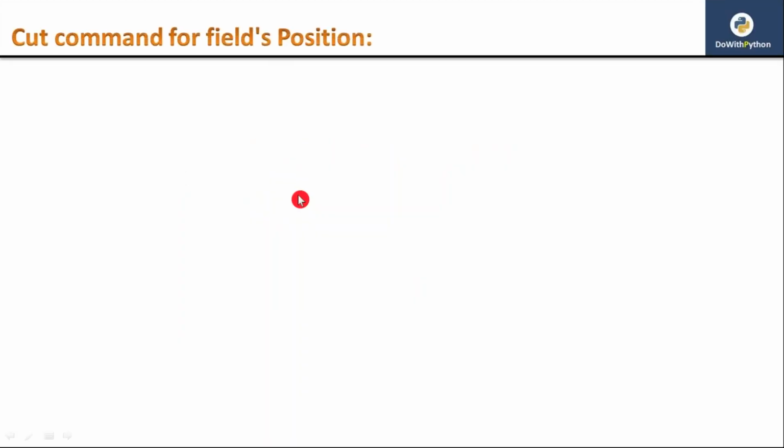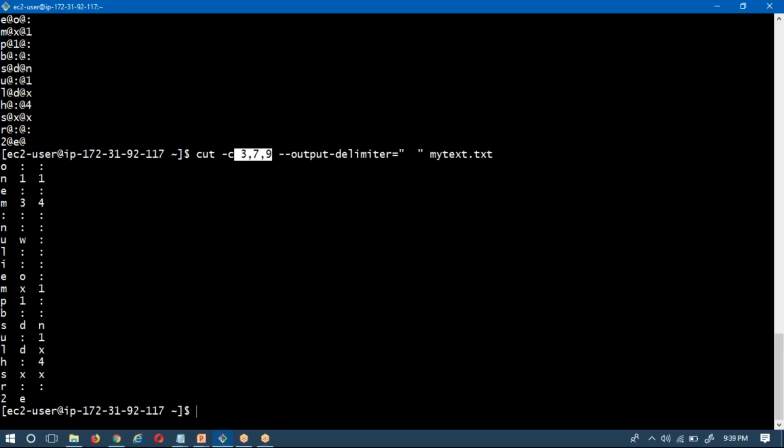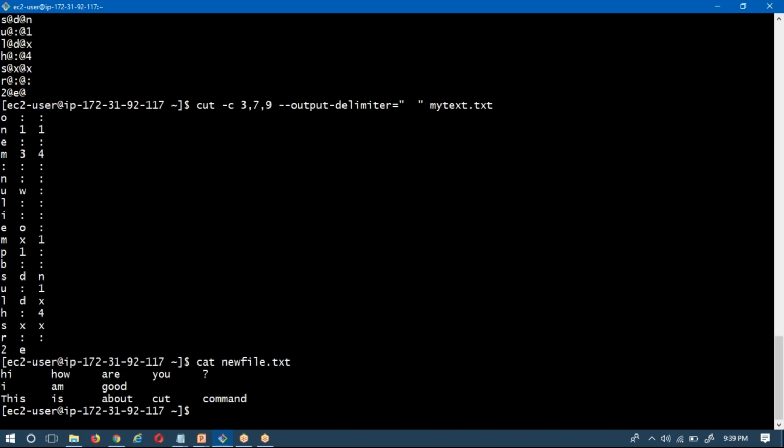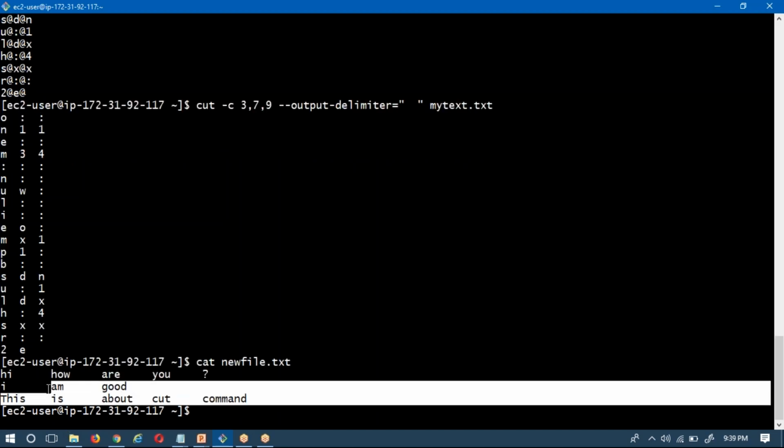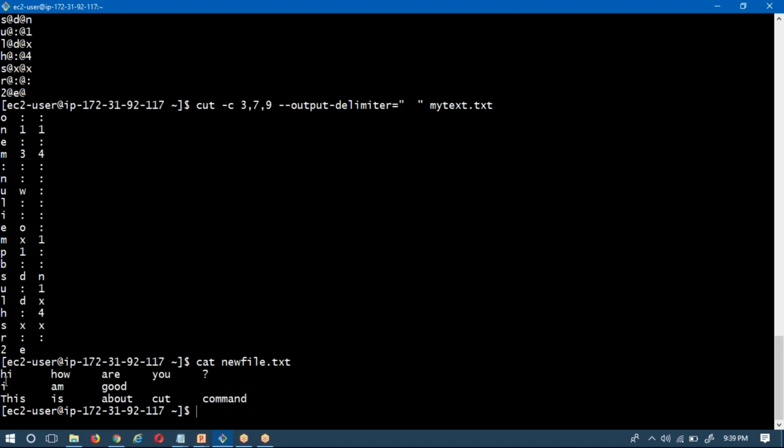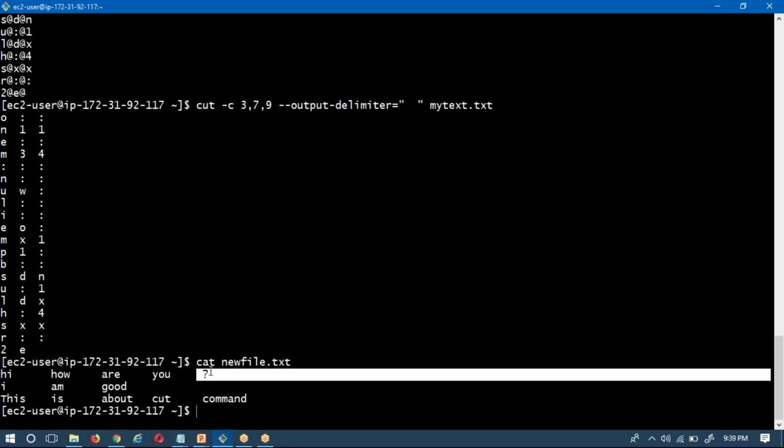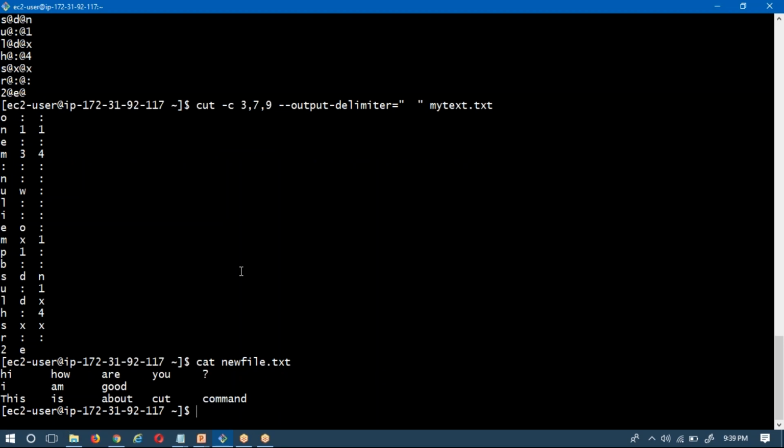Then the second one is the cut command for field positions. What is a field first? See, let me open one more file. Suppose this is my file, right? Here we are having, suppose this is one word, this is one word, this is one word, this is one word, this is one word, right? In that case,